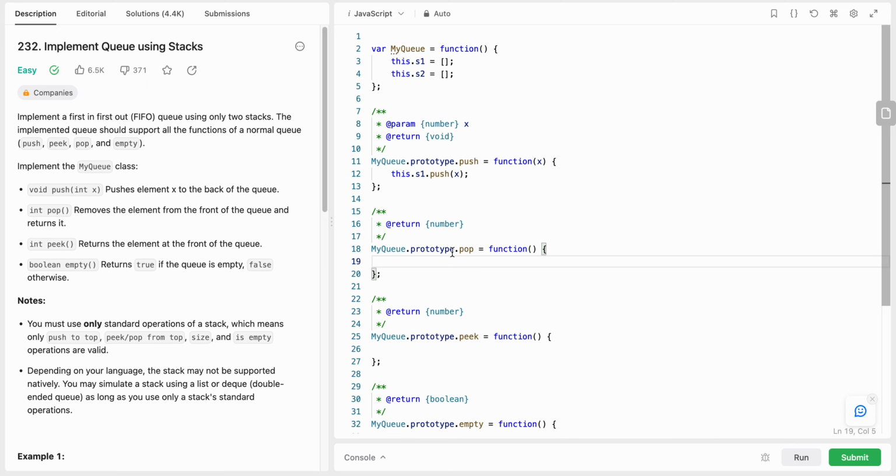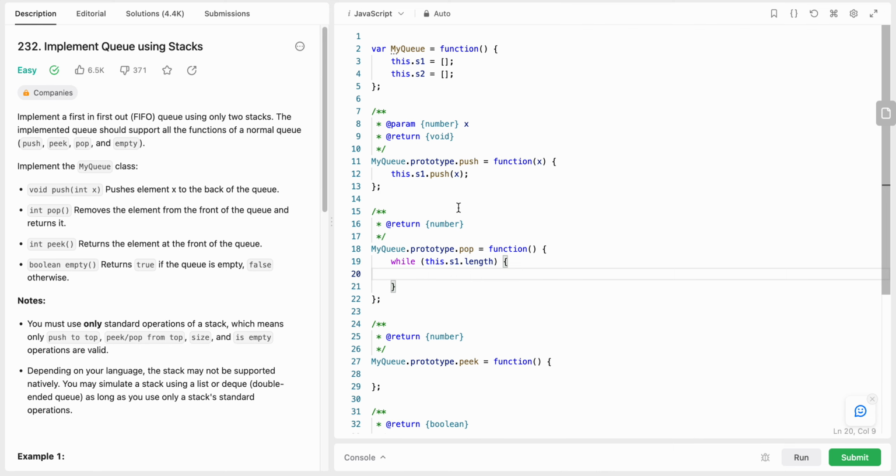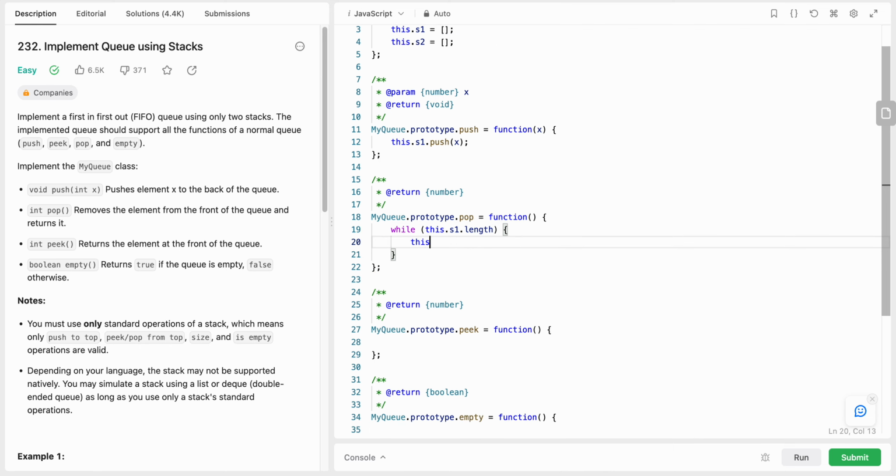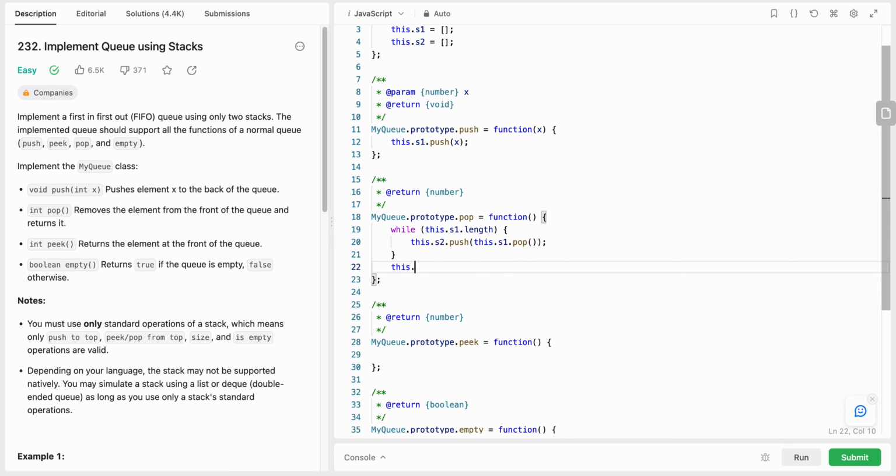So from stack 1 we pop all the elements to stack 2. While stack 1 is not empty, we are going to pop all the elements from stack 1 and push them to our stack 2. And then we take the front element because we need to return it. The front of the queue is the top of the stack S2, right? So S2.pop,